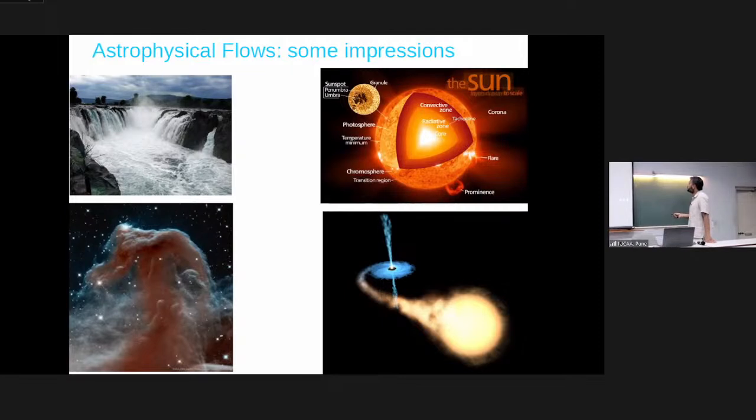or a cartoon of a black hole taking material from a neighboring star. Material as it falls on the black hole forms an accretion disk. So, has some of these things been covered? How the accretion disk forms and stuff like that? But anyway, this is all within the subject of fluid dynamics.